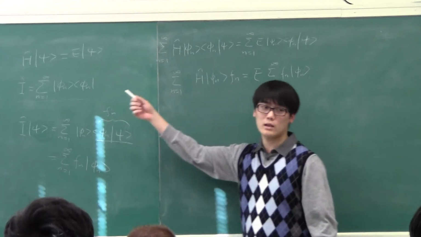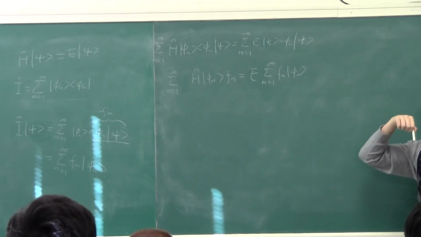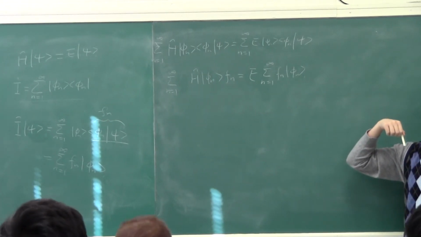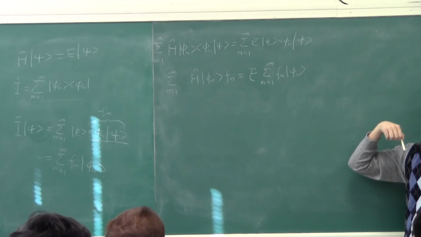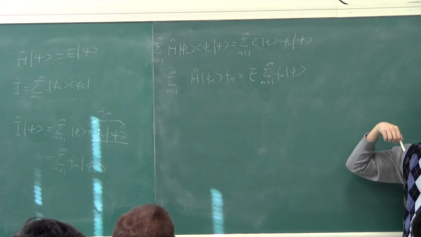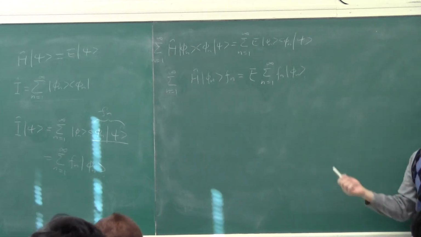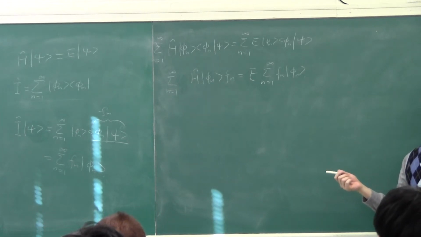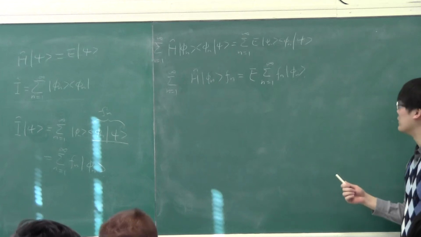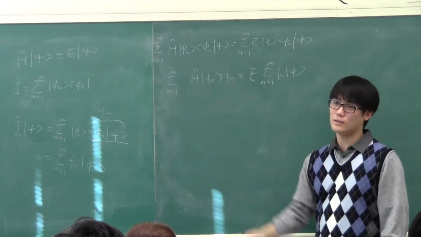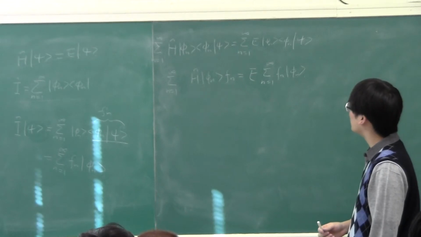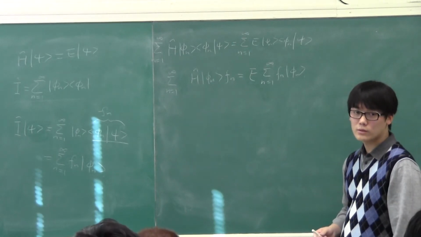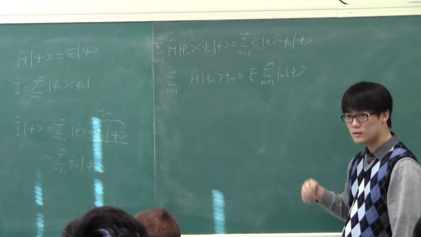But I'm expressing this on some complete basis in that Hilbert space. That basis doesn't have to be the eigenvectors of the Hamiltonian. Otherwise, that expansion would be quite useless. If we already knew this basis, why would I be solving this problem? So to make sense of this, we can turn this into a component equation, and this you will do